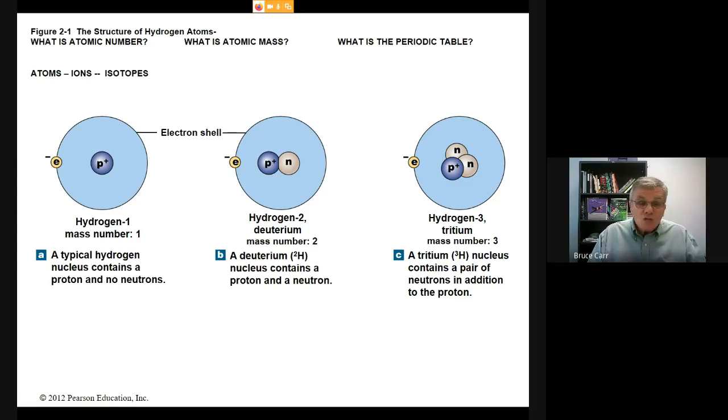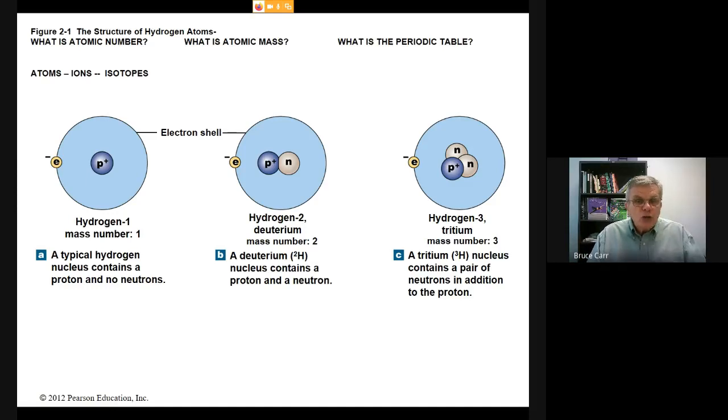But hydrogen in this form is fairly unstable. It turns out that we do see forms with neutrons in the nucleus. The middle is called deuterium. Notice how it's the same as hydrogen 1, but hydrogen 2 has a neutron because that neutron raises its mass to 2. That's called hydrogen 2. On the far right, we see hydrogen 3, or tritium. This has 2 neutrons in the nucleus and a mass number of 3. So